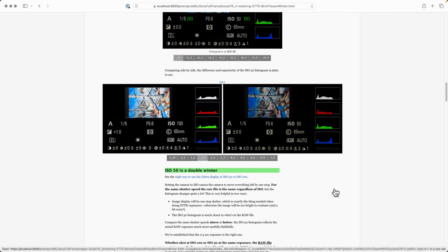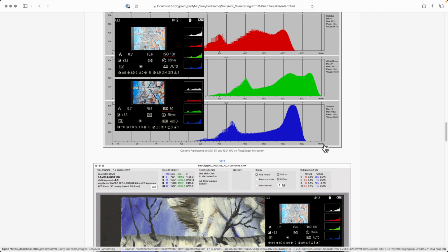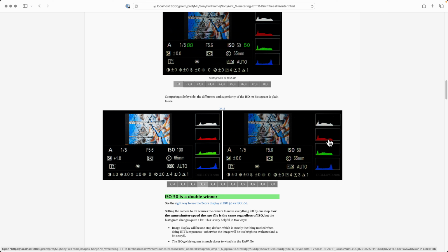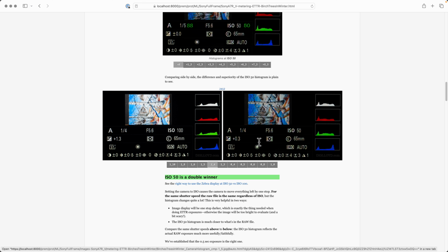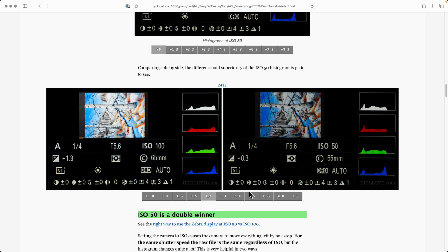The first thing you want to do is look at the camera, and maybe you don't have any other facilities, so you're going to have to use the camera. Okay, so here we go. I talk about this in more detail in another video, but you've got a series of camera histograms, and if you set it to ISO 50, you're going to get a different result than if you set it to ISO 100. These two side by side are exactly the same exposure, and you can see they're both a quarter second at f/5.6,